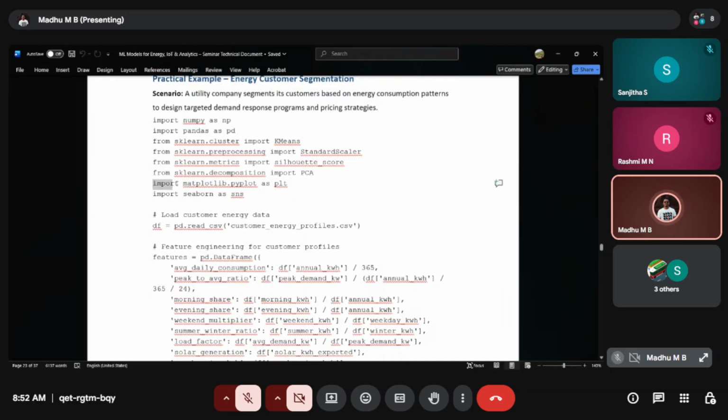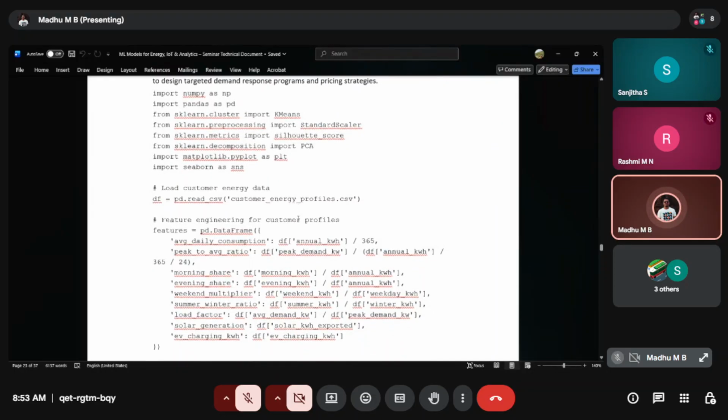And this specific package, matplotlib.pyplot, is used to plot graphs as a pictorial representation for visualization. This is a famous package available, matplotlib. Okay. And Seaborn. These are all the packages necessary to build the ML model and train the model.